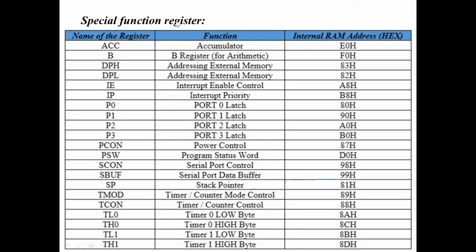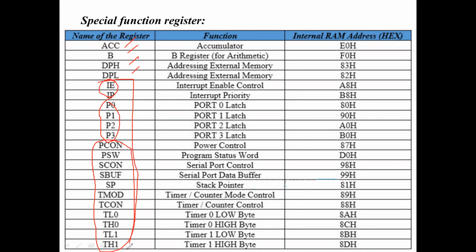And these are all the special function registers: A register, B register, DPTR register. These are all the peripheral registers, port 0 to 1, PCON, PS, SP, everything is a peripheral register.